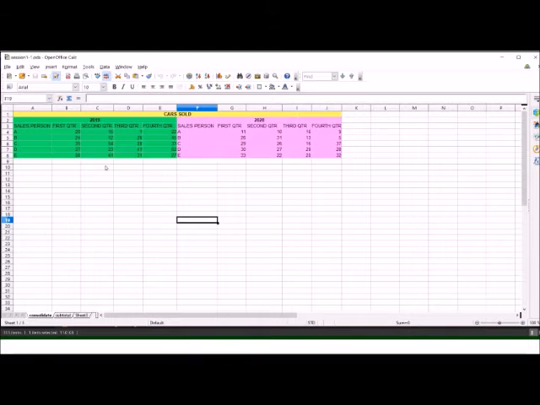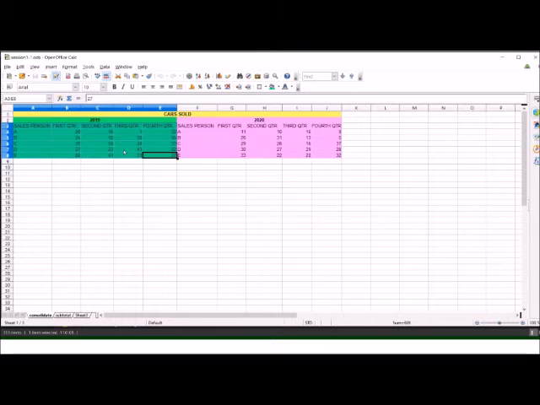For this, I can either take these 2 ranges as they are, or I can define a name for these ranges. This is one range in which the data of cars sold during 1 year is given.